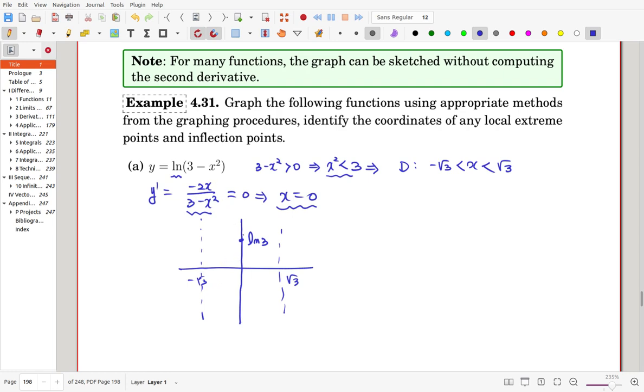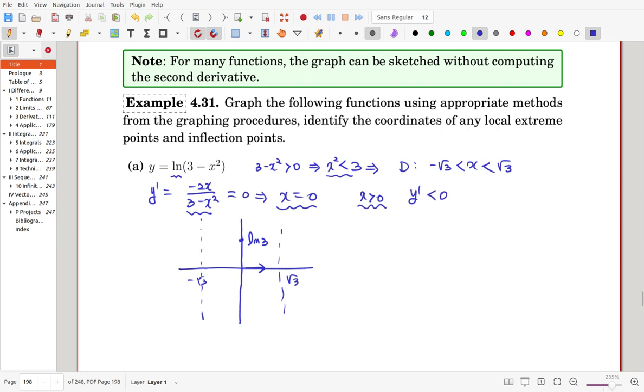Also, it's decreasing, but as x moves along the x-axis, the bottom is becoming smaller, but the top is becoming larger. That means the slope is also decreasing, so if x is larger than 0, then y prime